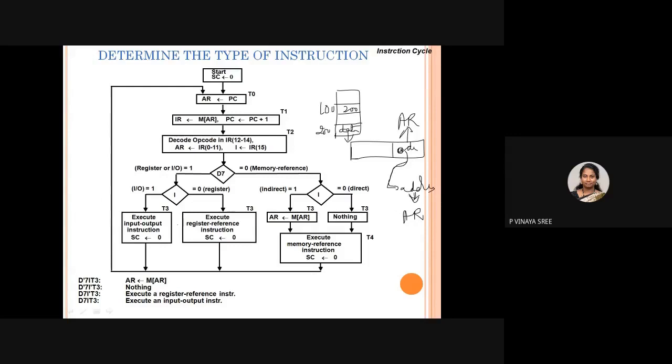of the data. So when I equals 1, it is indirect. If you go to that address, you will not get data; again you will get an address. That address must be placed in the address register, so that we know the address register communicates with the memory. If you place 200 in the address register, it goes to 200, and whatever data is available will be executed here.